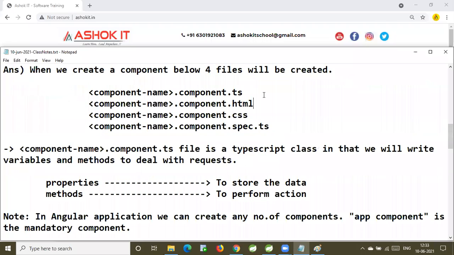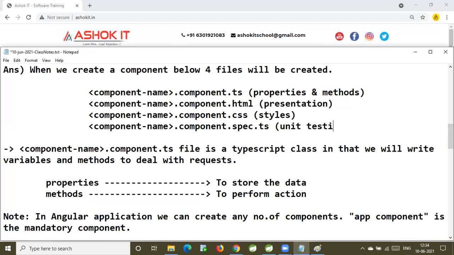Now, component.ts, here we are going to write properties and methods. In the HTML, it is a template, presentation logic. CSS, styles. Here, unit testing. That is the purpose of these files, right? Component.ts file, where we are going to write the properties and methods to perform the operations.